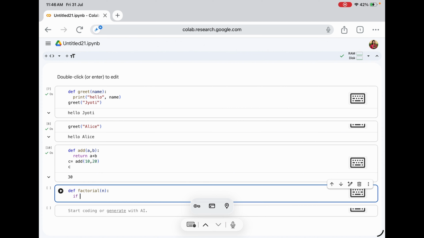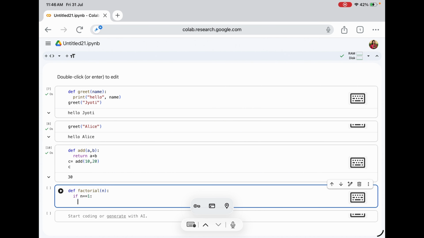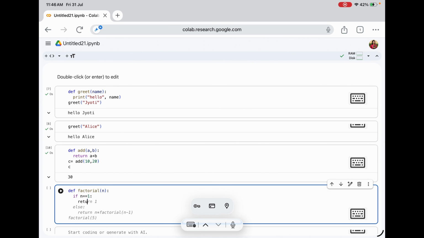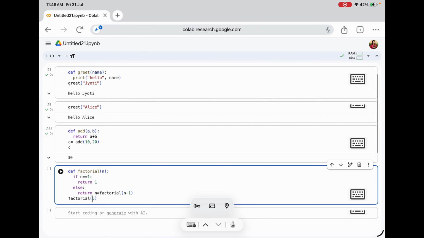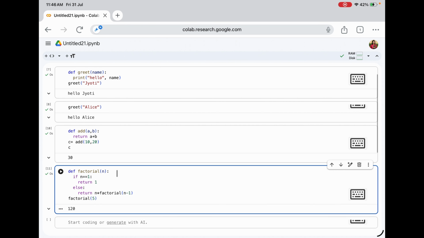Now let us check the condition: if n is 1, then return 1, factorial of 1 is 1. Else, return n into factorial of n minus 1. Now let me calculate the factorial of 5, which I did in my example. So here it is, the value is 120.